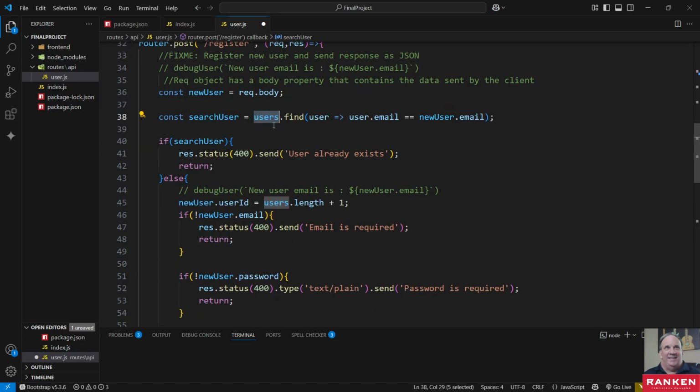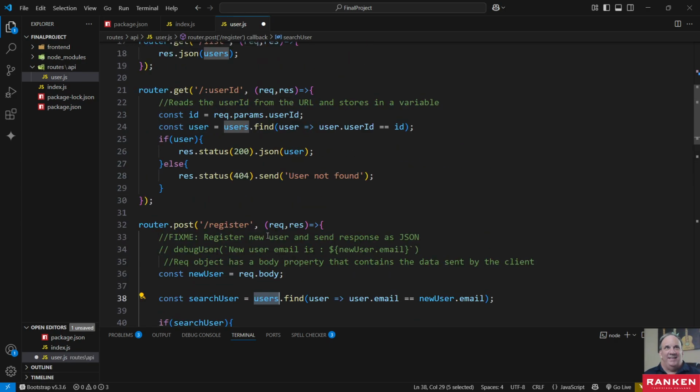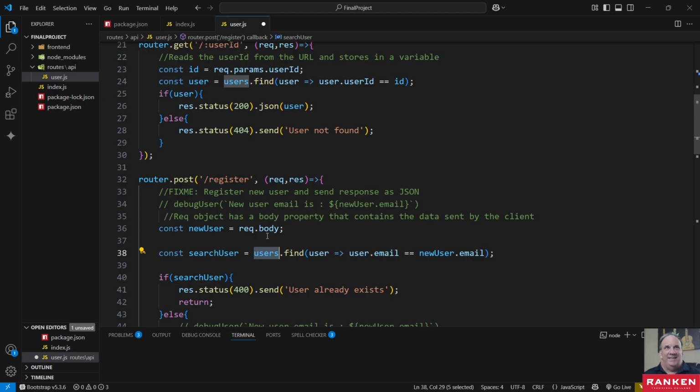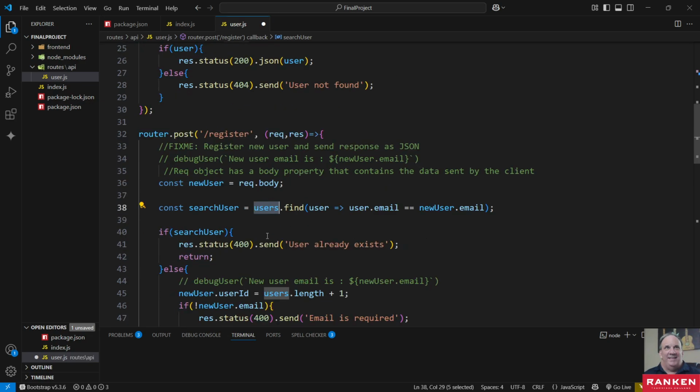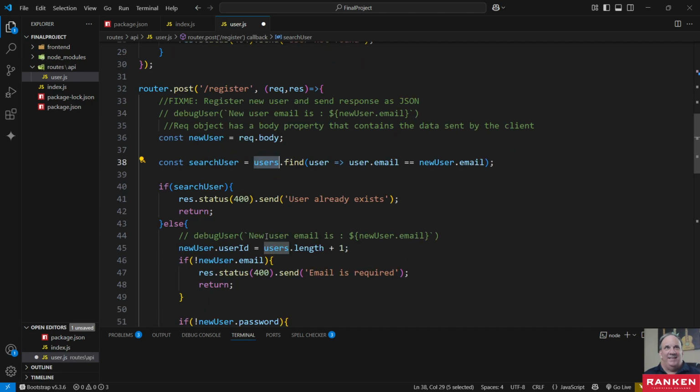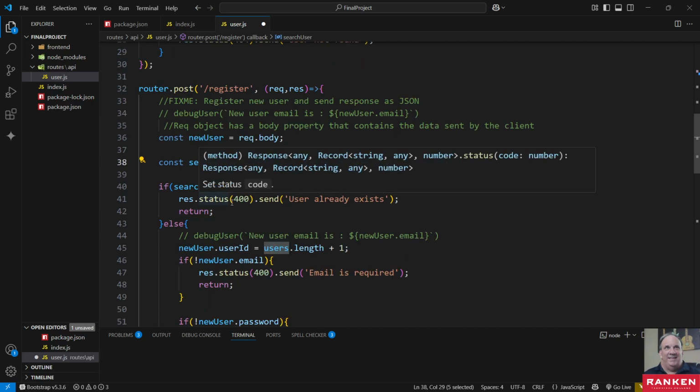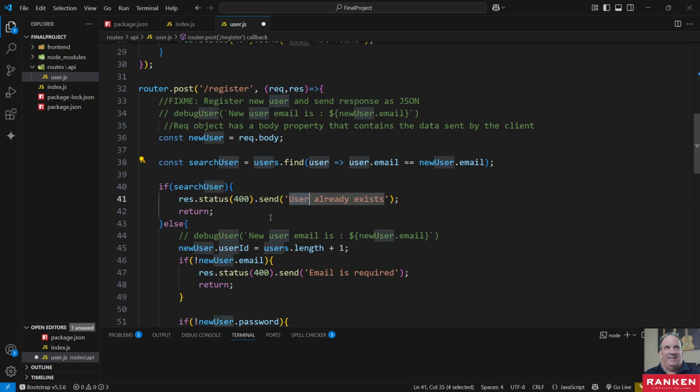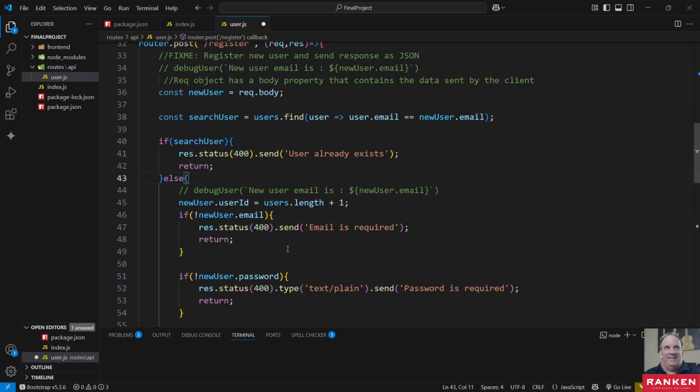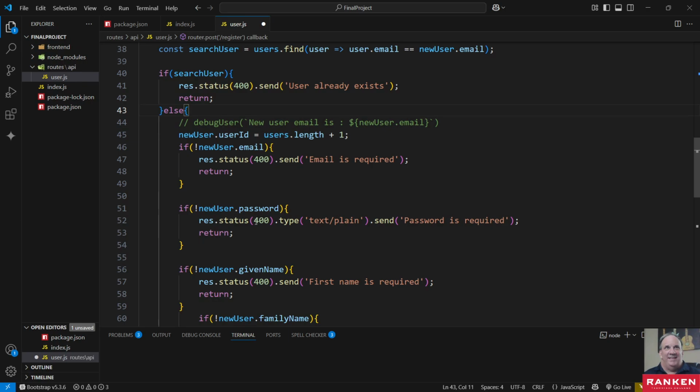So if search user finds that email already in there, then if it already finds it, it says user already exists. If not, it's going to add a new one. Okay. So let's go ahead and